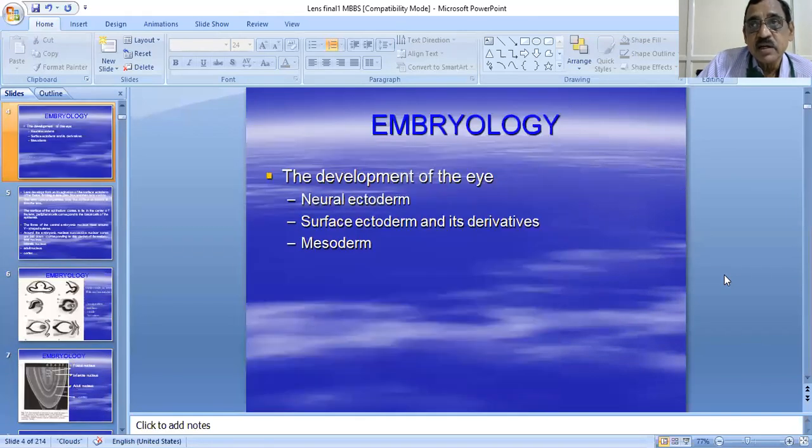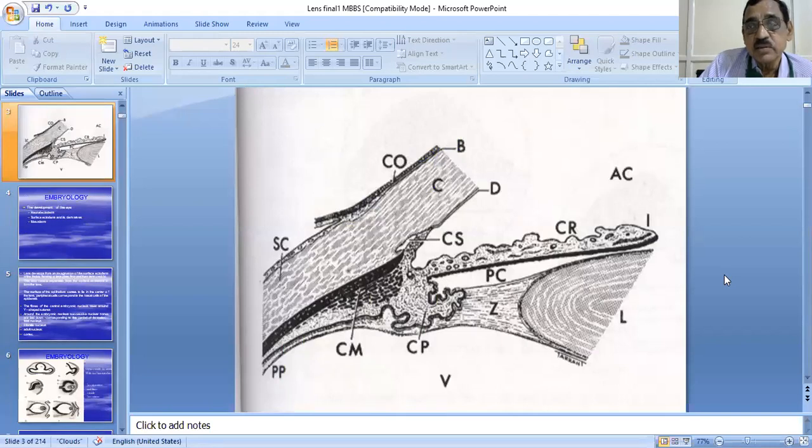In the next class, I'm going to show you some surgeries. I'll tell you how we do the surgical management of cataract. And later on, we go on to the congenital cataract, most likely if time permits, and the complications: perioperative complications, early post-operative complications, late post-operative complications. All these things we'll be dealing with in the next class tomorrow. Later on, maybe congenital cataract, if time permits, we'll talk about it.